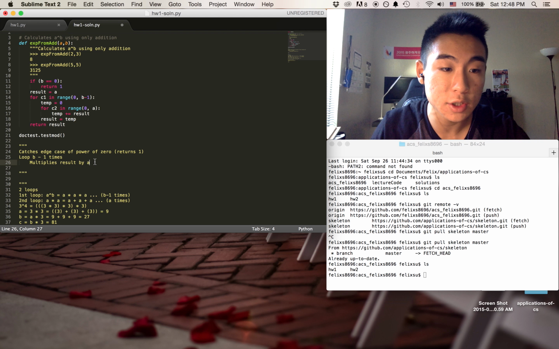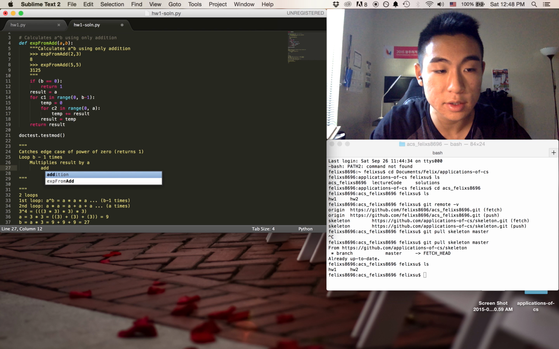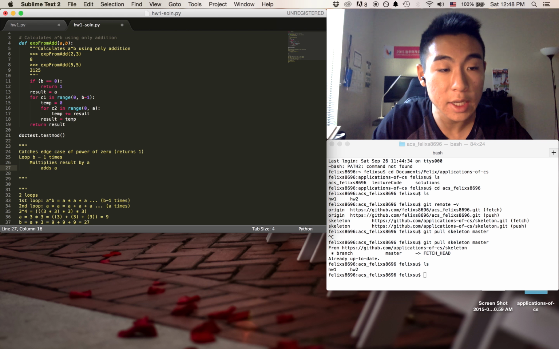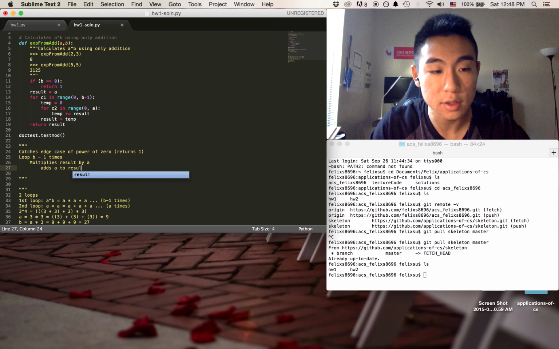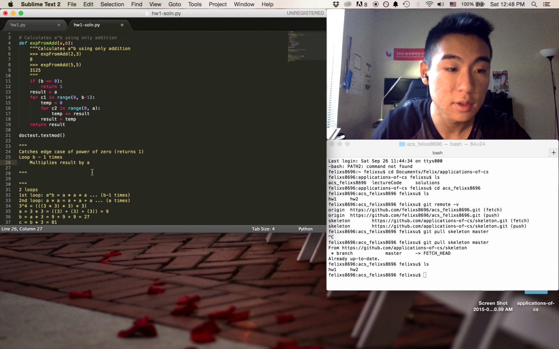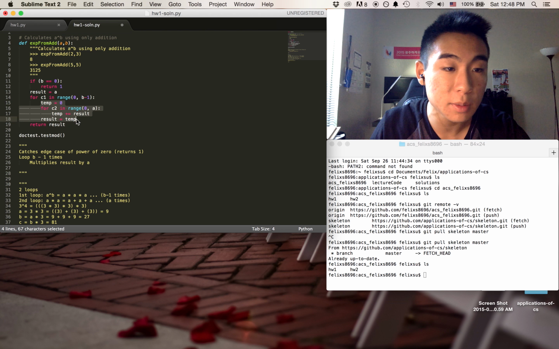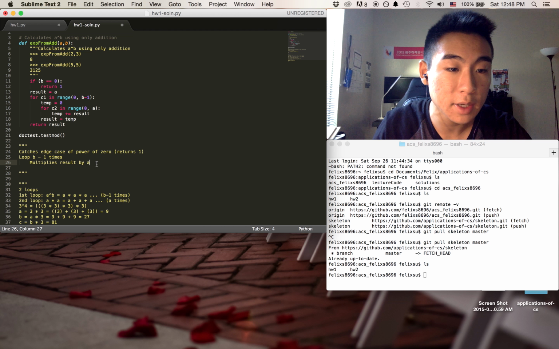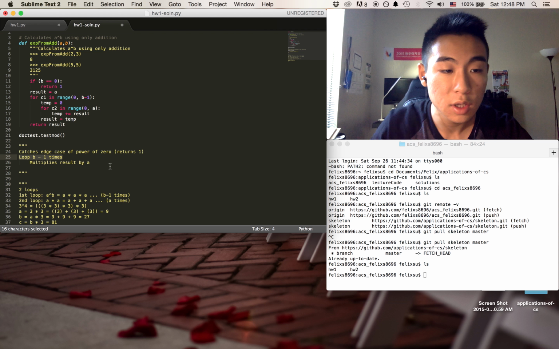So it loops a times and it just adds the result of a, and inside here I add a to result, okay? So this is abstracted to this, and this is abstracted to this because this has a loop on it, so I can just erase that. Alright, and so this entire piece of code is simplified into multiplies the result by a, okay? And when I loop b minus 1 times, I set result equal to temp,